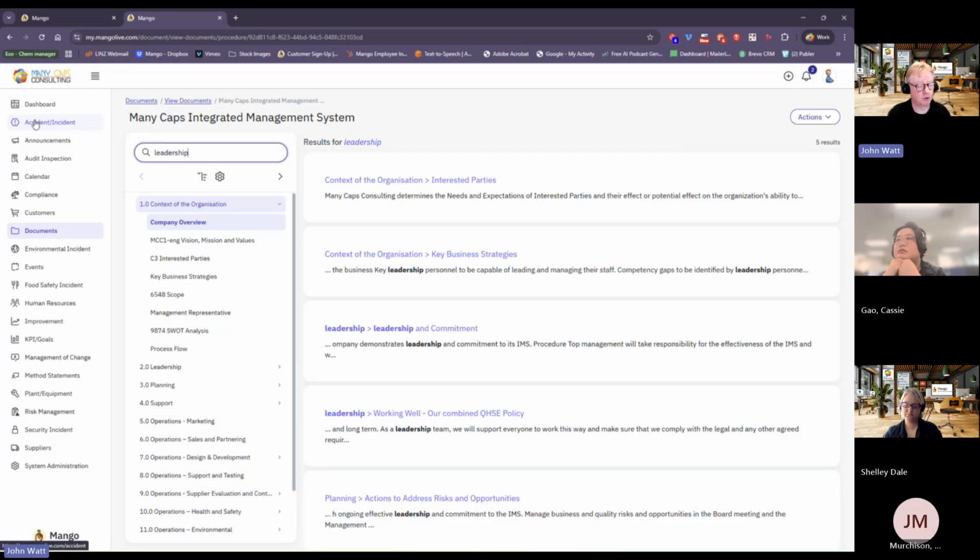Eco Online, who own Mango, their approach to AI is that it should be an assistant. It shouldn't be doing things for you. Oh, for sure. That's the challenge with the documentation side of things. If you go, hey, Mr. AI, write me a quality policy, it's got to pull the data for that from somewhere. If you're doing it like that, it's going out to the world to pull that data and plagiarize something else, which may be right, may be wrong. And then you can fix it. So we're going, well, we don't really like that. We want to keep the AI enclosed within the ecosystem, and learn from the information that we have within that system at the moment.